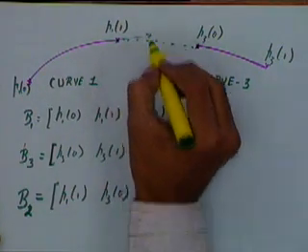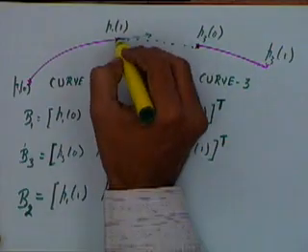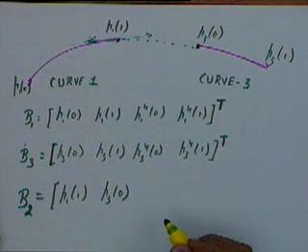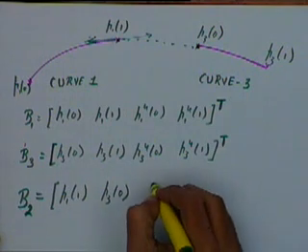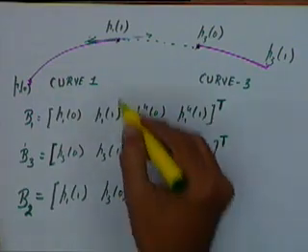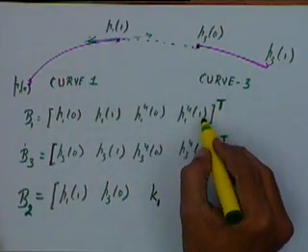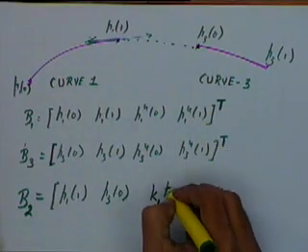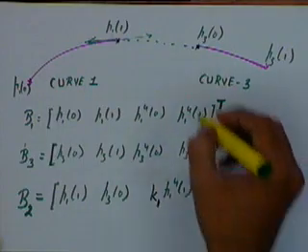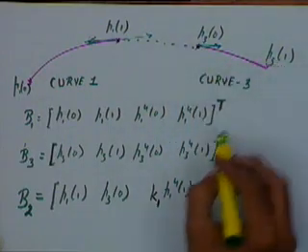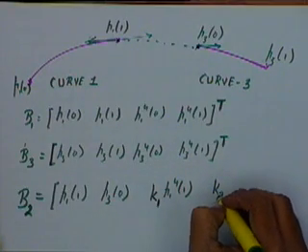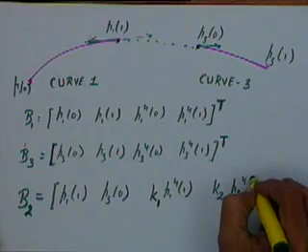The starting tangent vector here has to be in line in the same direction as this tangent vector. Okay, so we are saying that, let's say it is some k1 times the ending tangent vector here, which is P1u at 1. Okay, so this will be P1u at 1. The tangent vector here is P3u at 0. So let's say we say some constant times P3u at 0.